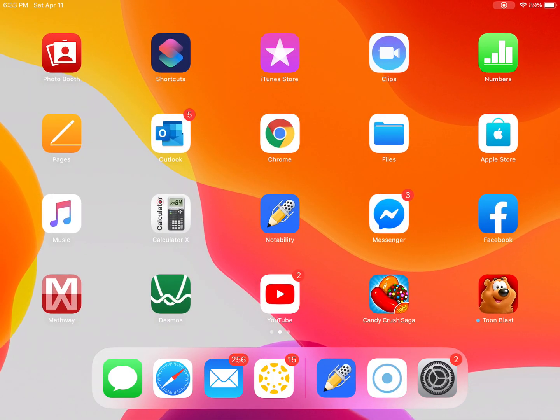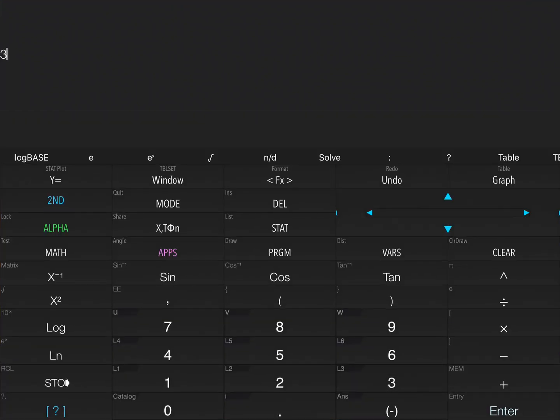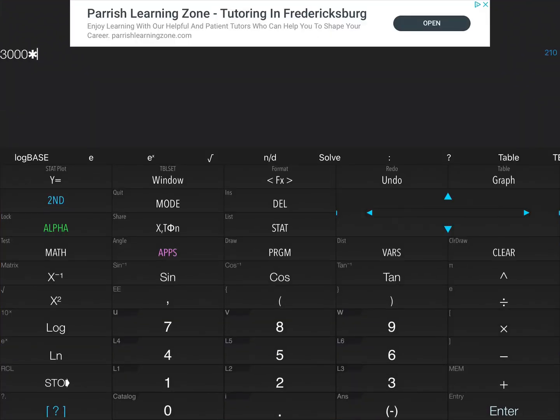3,000 at 4% for 20 years. Where is my calculator? I'll use this one. Type in 3,000 times (1 plus 0.04), close parenthesis, and raise that to the 20th power. Okay, if I hit enter, I get the answer,